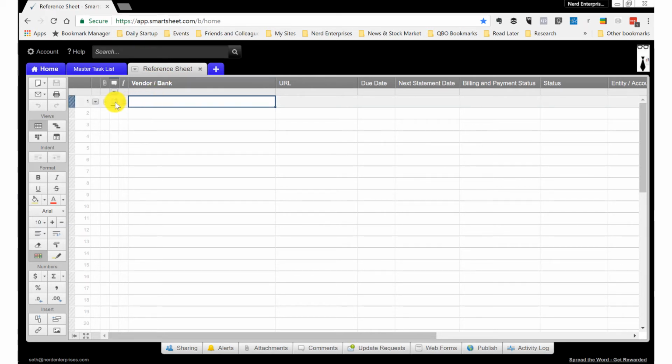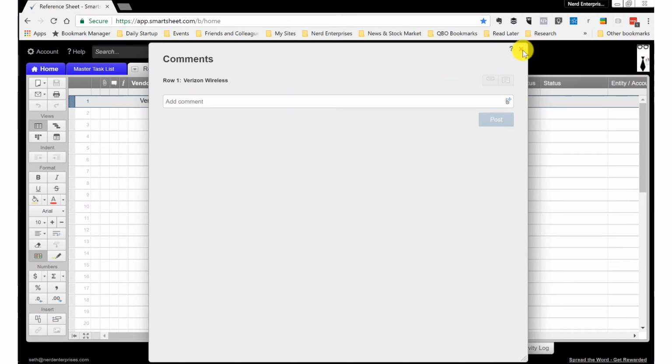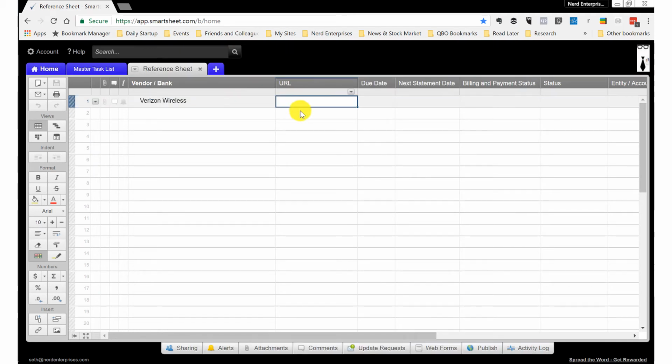And the way that works is once we have, let's say it's Verizon Wireless or something, right? Then what you'll do is you'll click on the comments and you'll give us your username and password for Verizon Wireless. The rest of the information is very straightforward, the URL. Sometimes we need something based on this, whether it's the login information itself or some other information we need about Verizon Wireless. We can create subtasks,